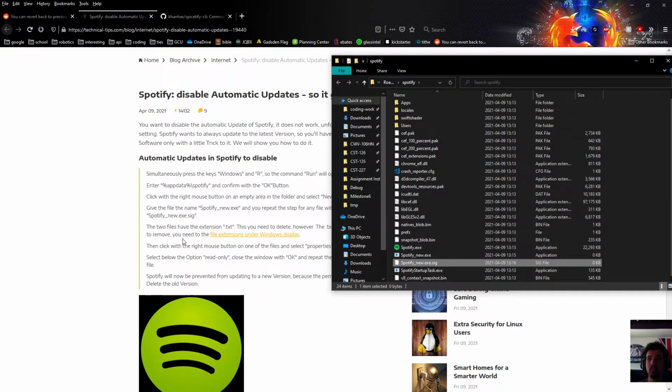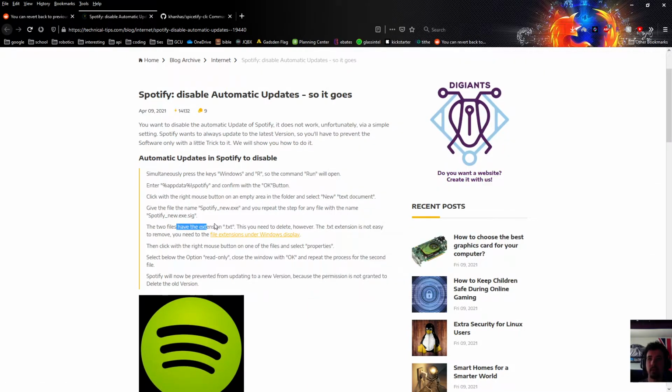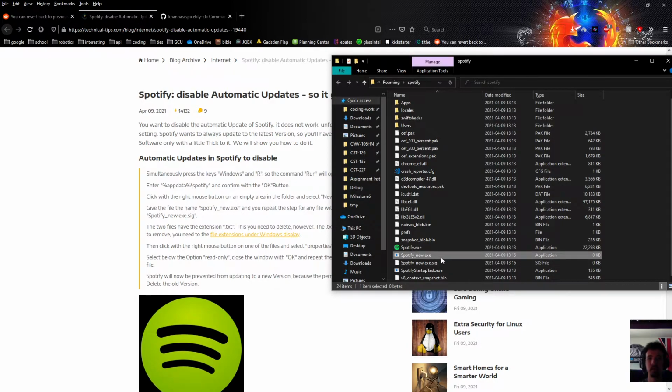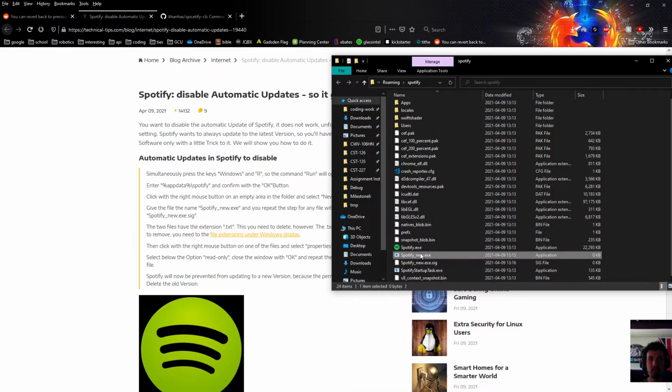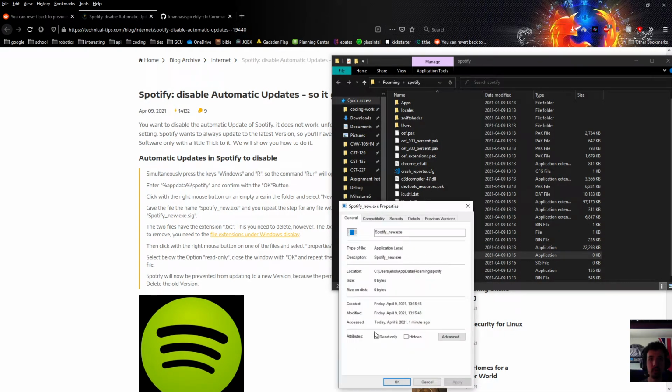Okay. Now that we have these two files, we changed the extensions already. Now lastly, we need to make sure that these can't be deleted. So this is essentially tricking Spotify into thinking these two files are there. And to do that, we're going to right click on this, go to properties, click read only, apply, and then